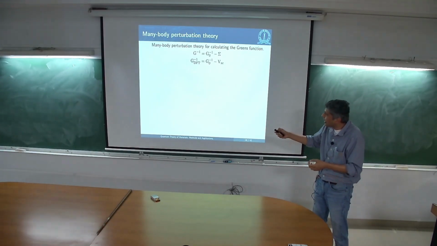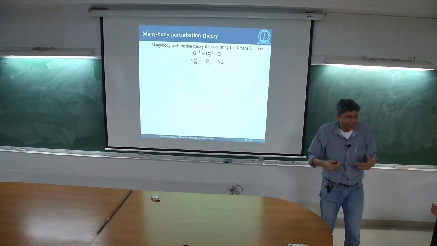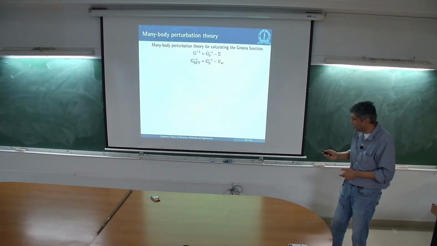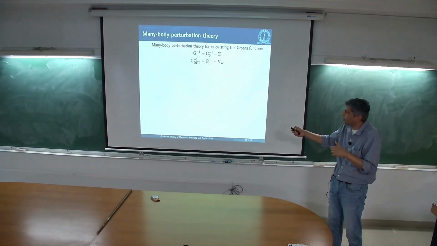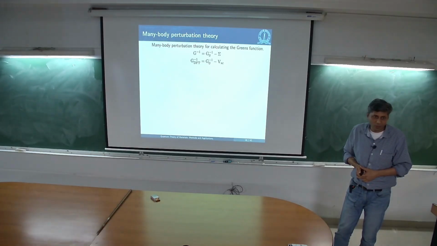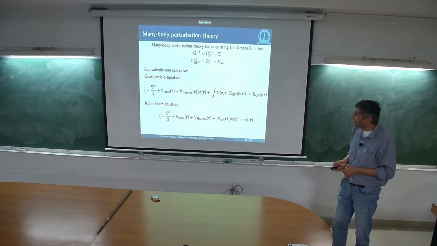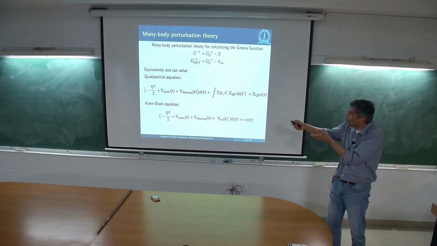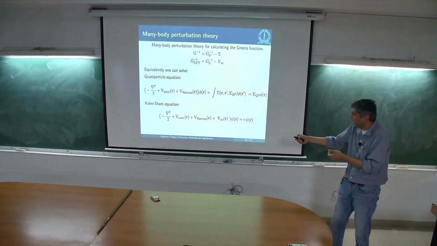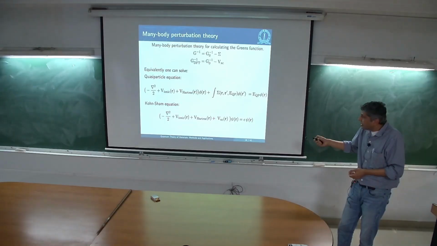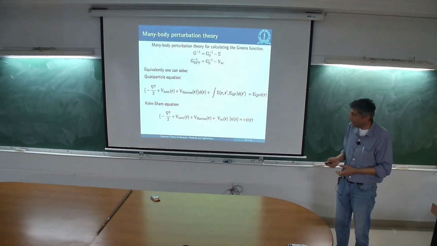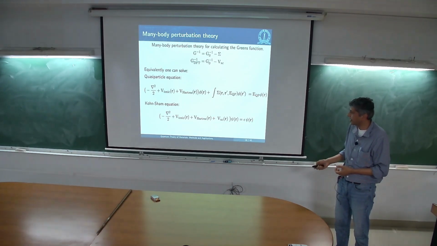I have also written the Dyson equation for the Kohn-Sham states. So I had given this equation, the Kohn-Sham equation. I have just written it in a Green's function form, so that it looks a little bit like what the Dyson equation for these quasi-particles looks like. And essentially, if you can transform this under some approximations into exactly these equations, this is the one I had shown you before.